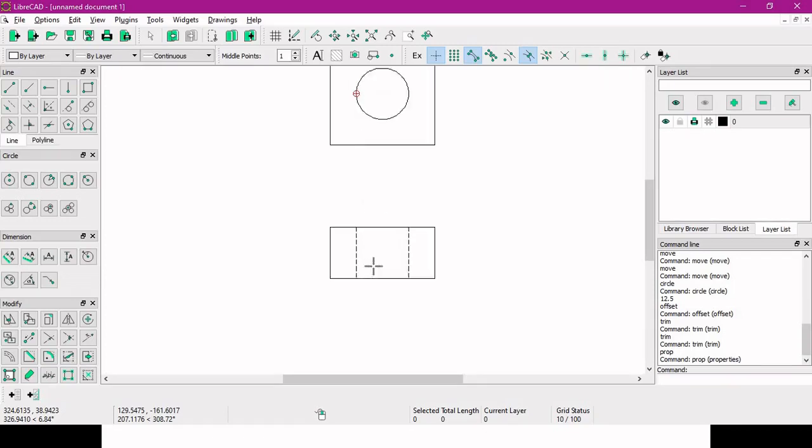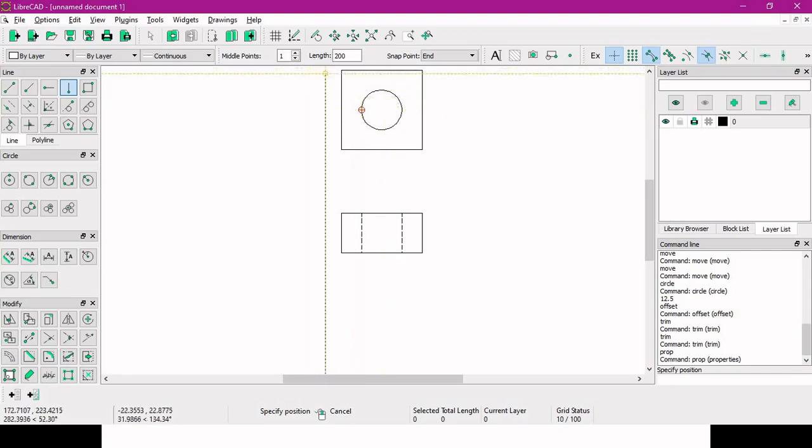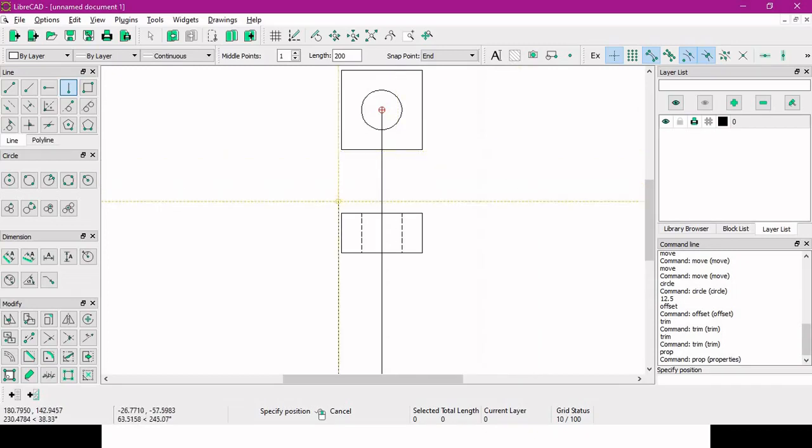Now we have to put the center lines. The earlier ways we did for center lines, those also we can use, or simply we can drop a horizontal line which is passing through the center point of this circle, for which we will use this snap center. Now let's use a vertical line first. Earlier we gave this 200 length, no? So we'll use this snap to center, so it will give directly the center point. We got this line.